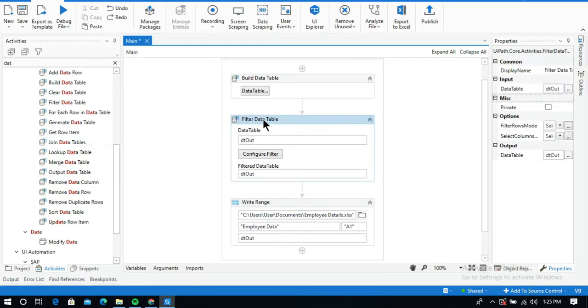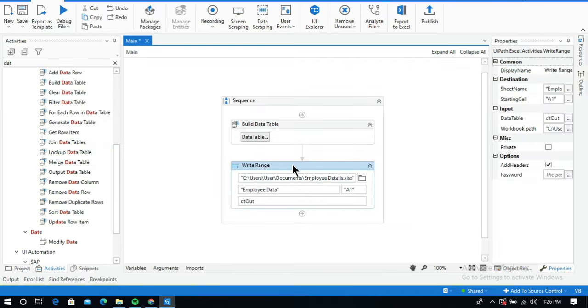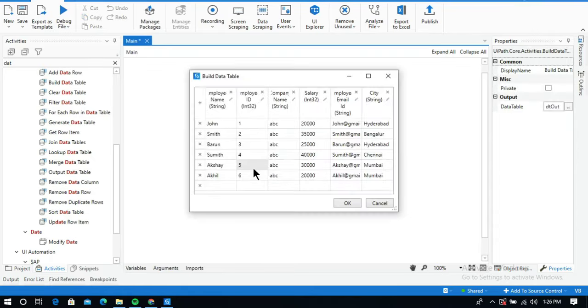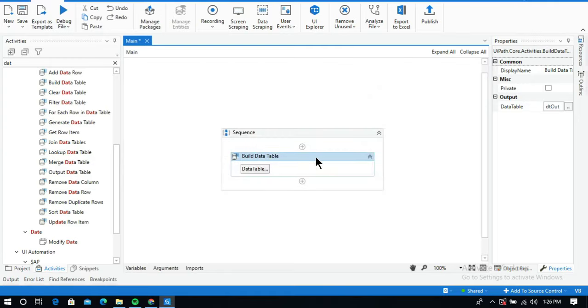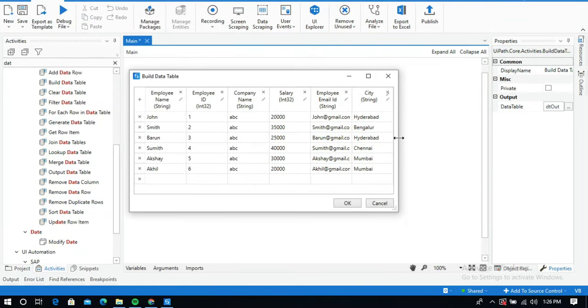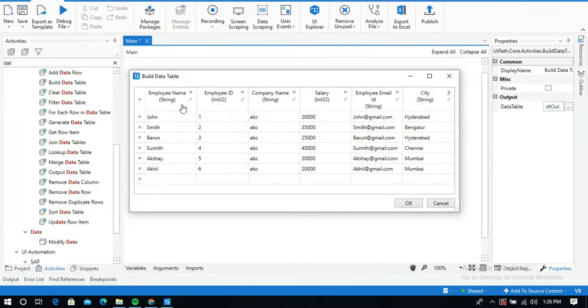First I will delete everything and explain from scratch. Here I have built a data table with some column names. This is my data table of employee details: employee name, ID, company, salary, email ID and city.